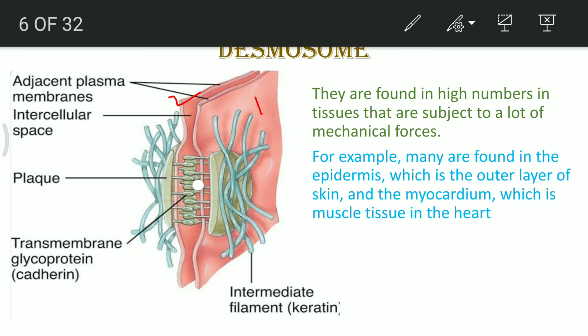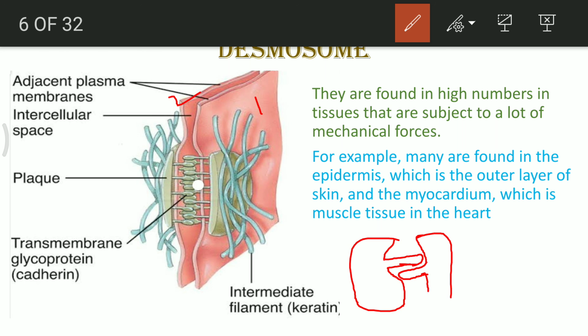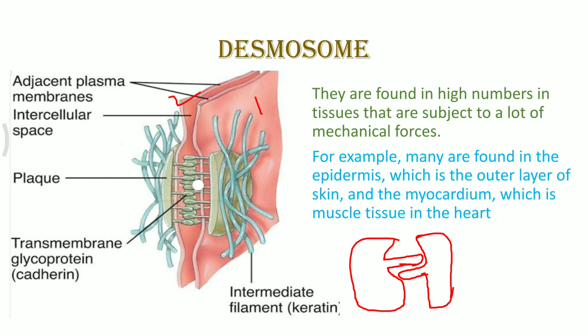If you imagine a particular cell, if I just draw one of the intracellular bridges, they look somewhat like this. You can see how two cells can be fixed to each other with the help of these bridges. I have just drawn one of the intracellular bridges, or transmembrane glycoprotein, the cadherin. These cadherins are present in numerous amounts forming the intracellular bridges in desmosomes, and these help in connecting two cells quite close to each other, especially epidermal cells or epithelial cells.